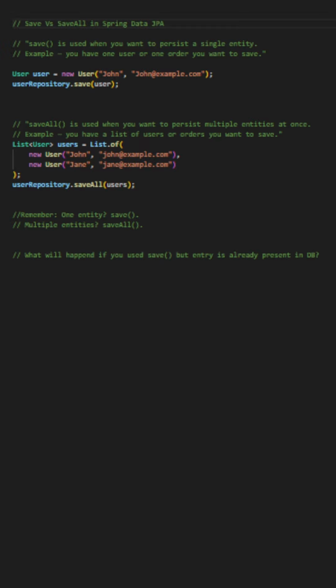Save is used when you want to persist a single entity. For example, you can say you have one user or one order that you want to save. यहाँ पे you can see an example. We have this user, and if you want to save this, as this is one single user, so we